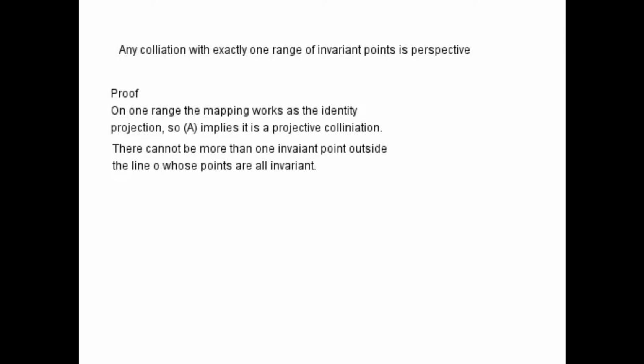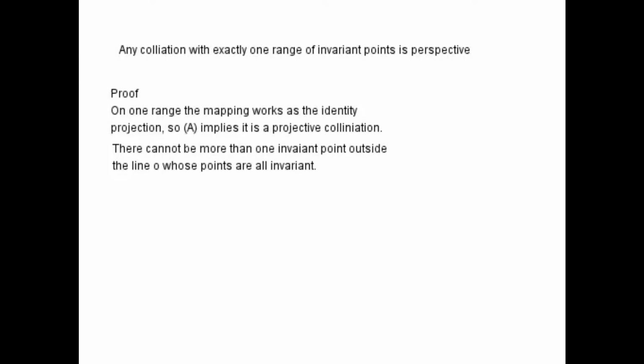The crucial observation is that outside of this range of invariant points, which we can call little o, there can't be more than one other point which is invariant. Why? Well, because if there were two such points, then what we could do would be to draw a line through those two points,